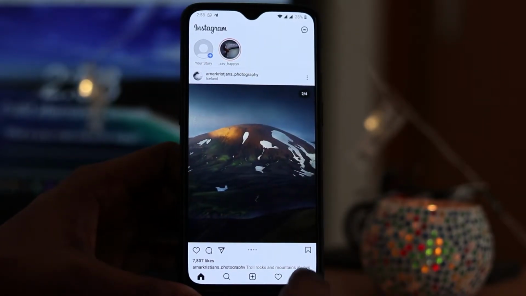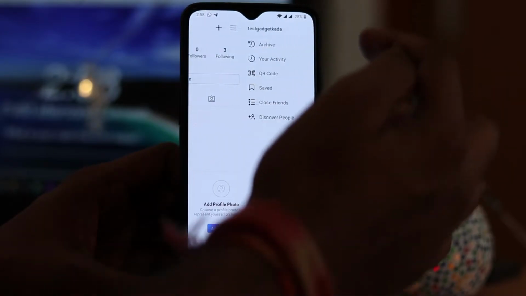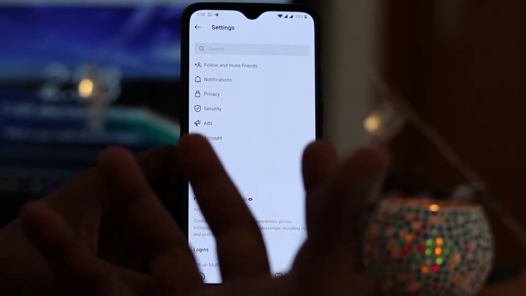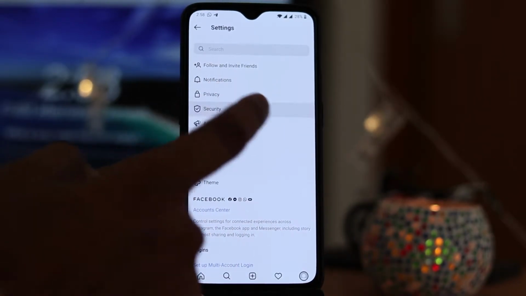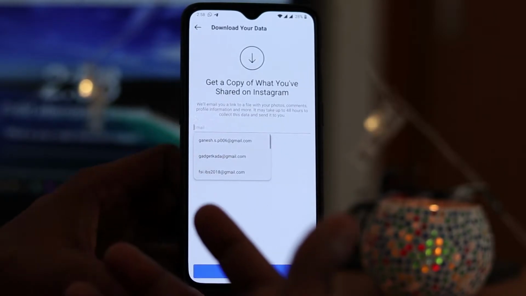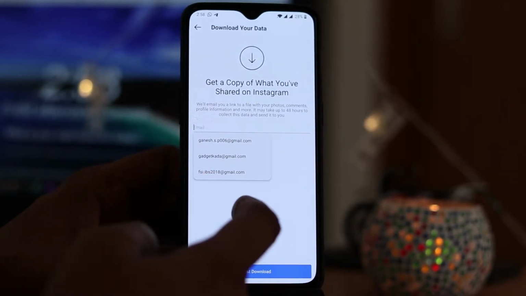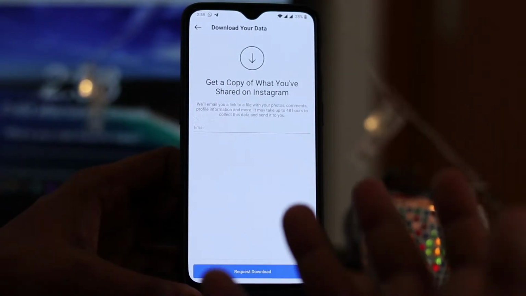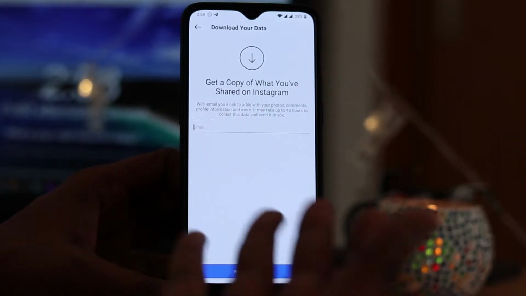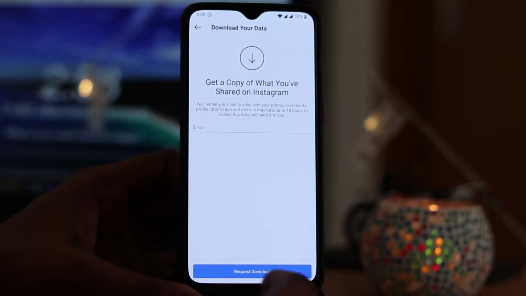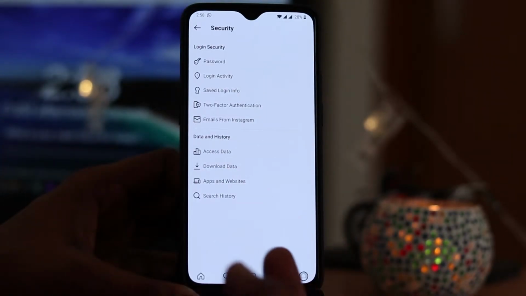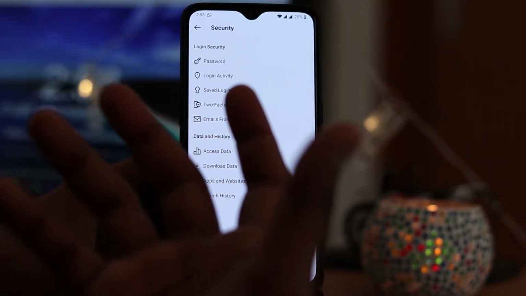First, you have to go to your profile, and once you go to profile, the 3-bar, and then you go to settings. Once you go into settings, first you can keep a backup of your account. For that, you have to go to security, and inside security, just click on download data, and then you can give your email address, whatever email ID you want, and then you can get a copy of a link of a file wherein your photos, your comments and profile information are stored, and then you can say request download, and that's it. So you will get a link to that file with all the details.